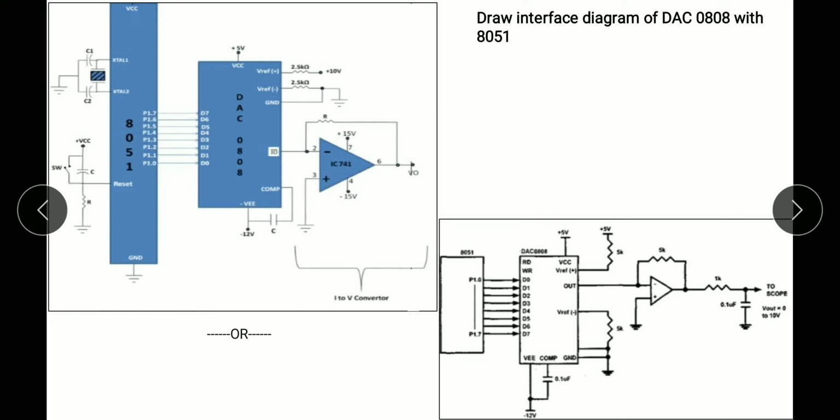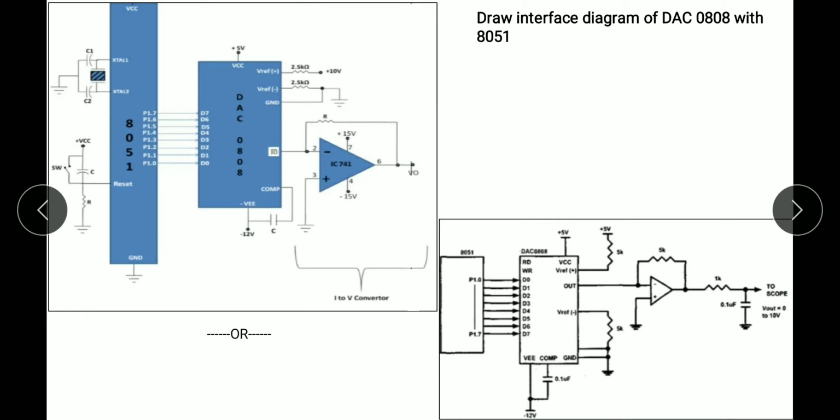After that, the data lines of the DAC 0808 are connected to port 1, that is the input port. So the port 1 pins, that is 8 pins, are used for the data lines D0 to D7 of the DAC, that is the digital input. After that, here 5 volt VCC is connected, so here also 5 volt VCC is connected, and here ground is shown in the diagram. After that, here also the minus VCC, VEE is given. After that, here the compensation capacitor; these are the pins of the DAC, so V reference, after that minus and plus V reference, after that ground.